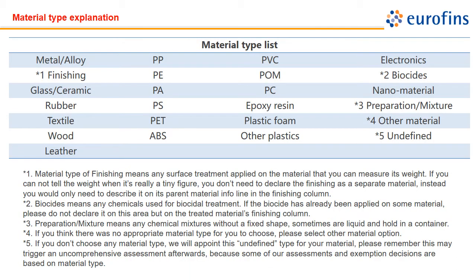This page is an explanation of material type. I have 5 points to say. The first, material type of finishing means any surface treatment applied on the material whose weight you can measure. If you cannot tell the weight because it's really a tiny figure, you don't need to declare the finishing as a separate material. Instead, you would only need to describe it on its parent material information line in the finishing